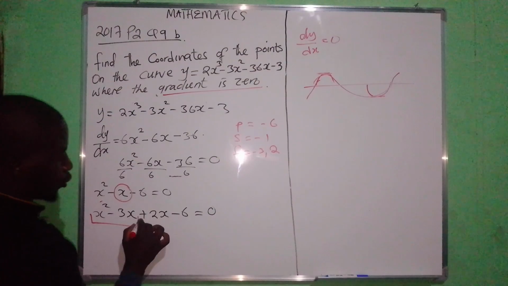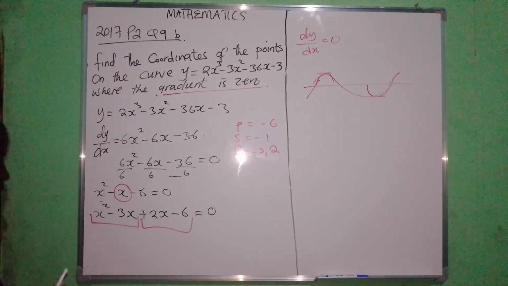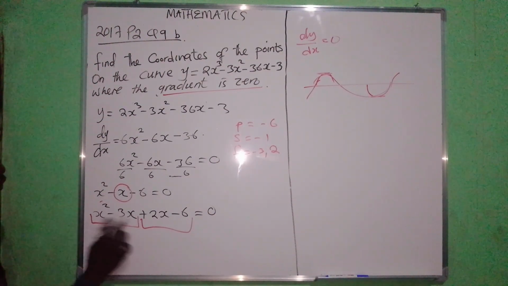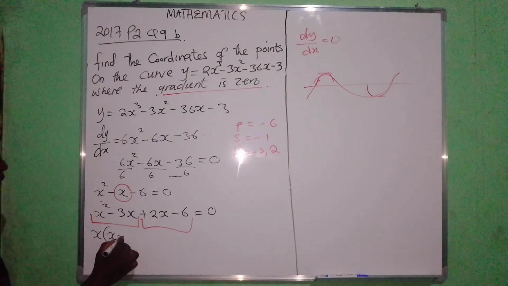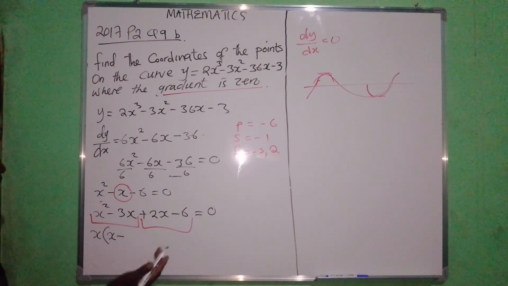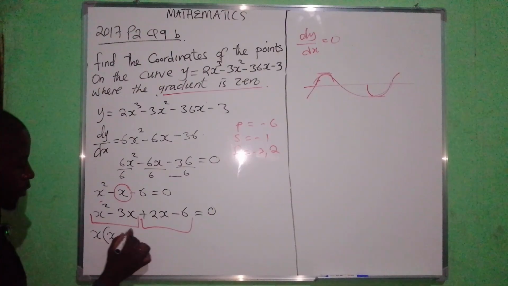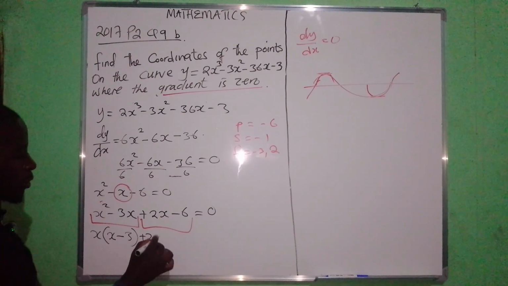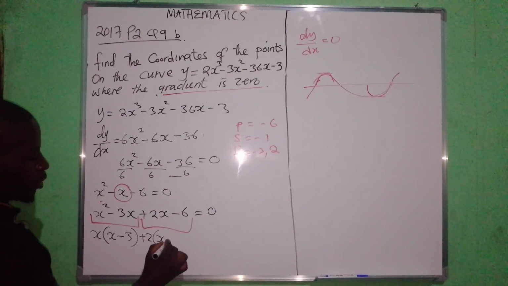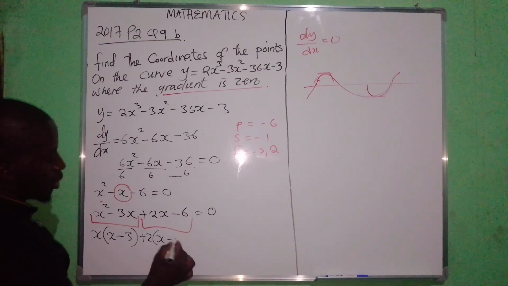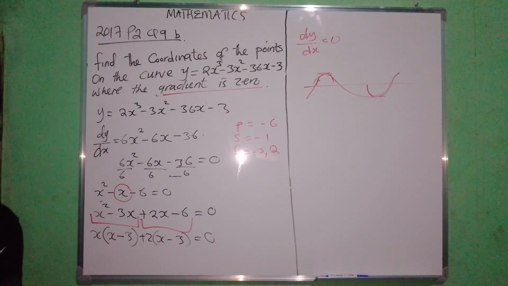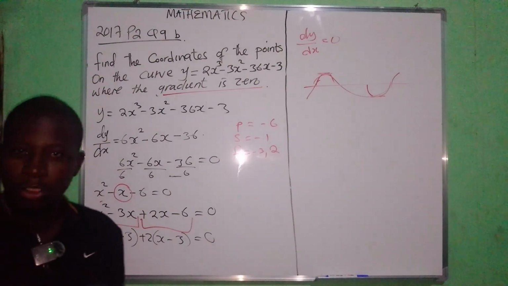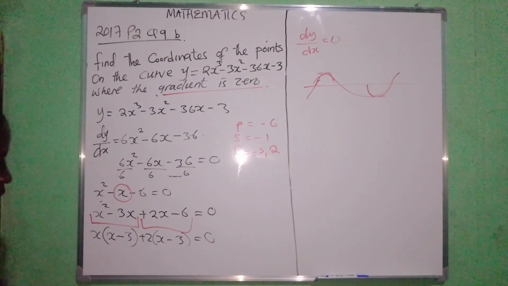we split them into 2, where we say what is common here is actually x. We will remain with x minus 3, we get the other x there as what is common. From there, we have 2 to be common. Then we remain with x minus 3, 2 into 6, that's 3. When you are factorizing a quadratic equation, one principle that you should take note of is that these two